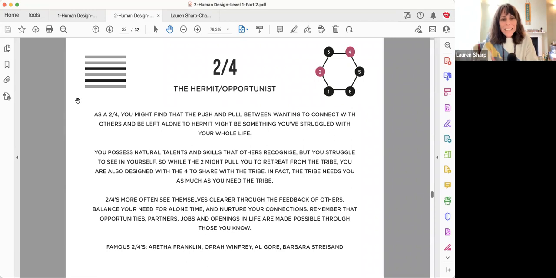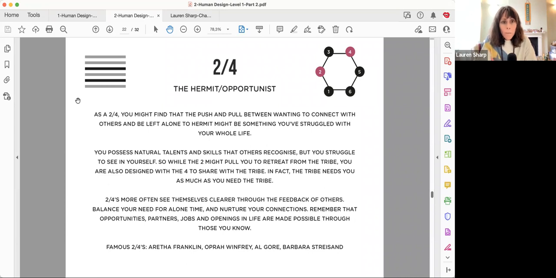here is an individual who needs time by themselves. We all need time by ourselves, but here we're talking about energy, working with their energy. They need time by themselves. They need to be left alone. They're kind of working out things. They need their own time, but they can't hermit completely. They still have to be connected with their tribe, with their community.